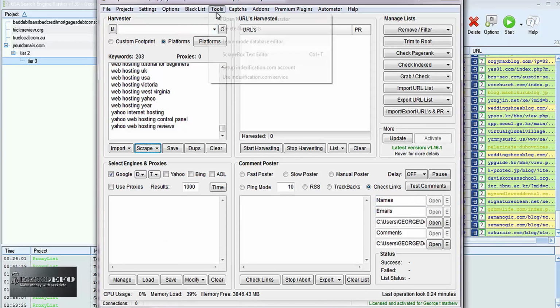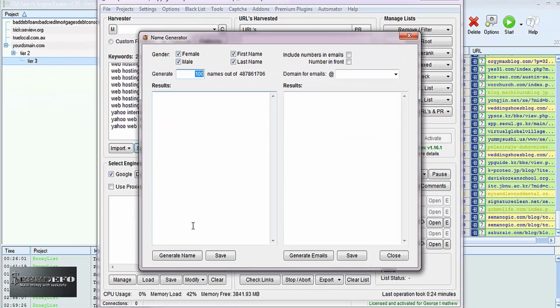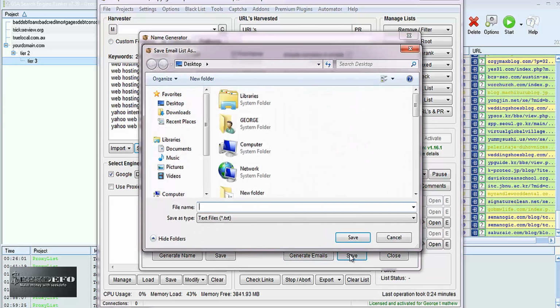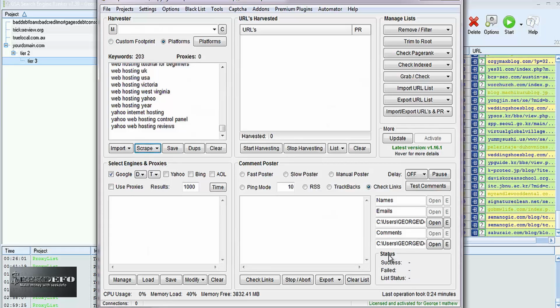Next we need a list of emails, so go to tools and click on name generator, generate the names. We wouldn't be needing that although, and domains maybe Gmail. Generate the emails, save it and name it as emails, okay, and close that. And for the comments,